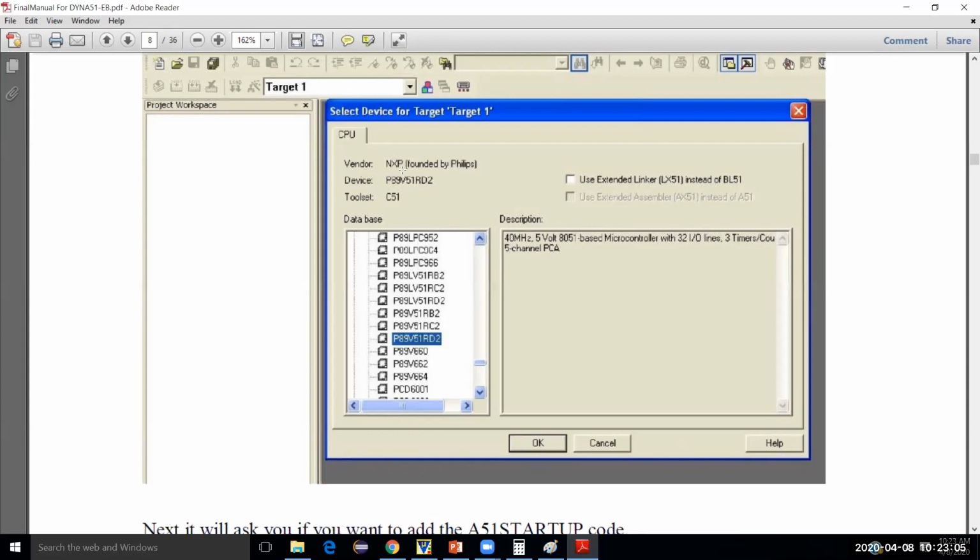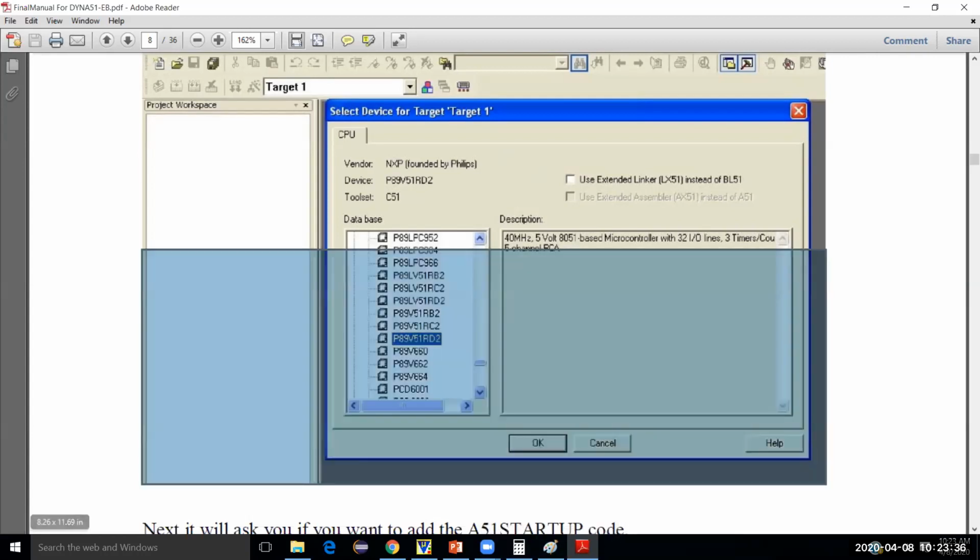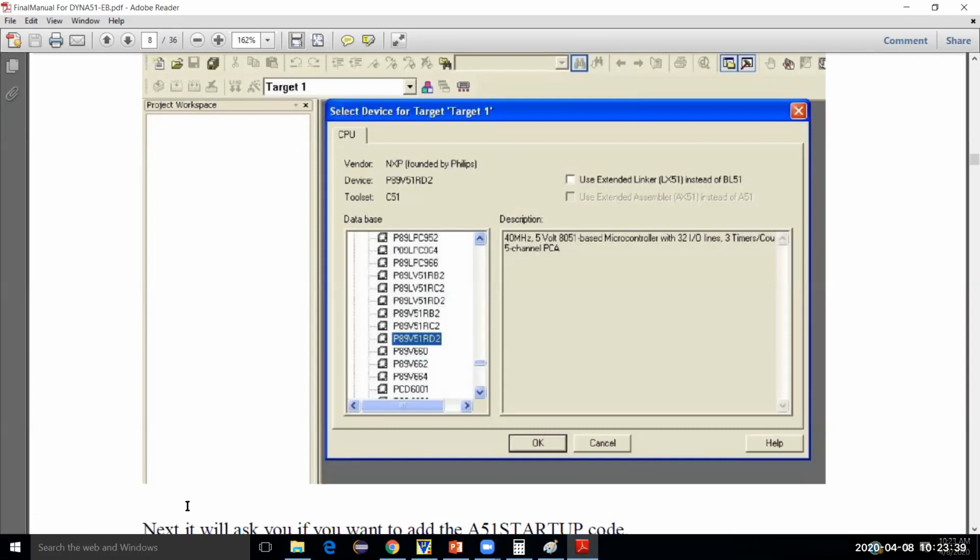For assignment numbers 7 and 8, you can use any type of device. You can use the AT89C51 from Atmel also, there is no problem if you use that. But from interfacing onwards, that is assignment 8, 9, 10, 11, you need to select this device only. Are all of you getting what the use of this device is and why I said you should use this only? Okay, fine. Thank you.